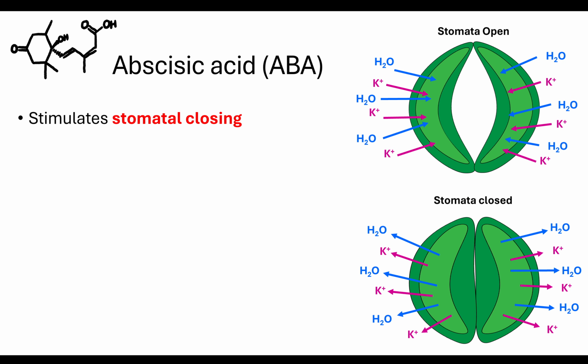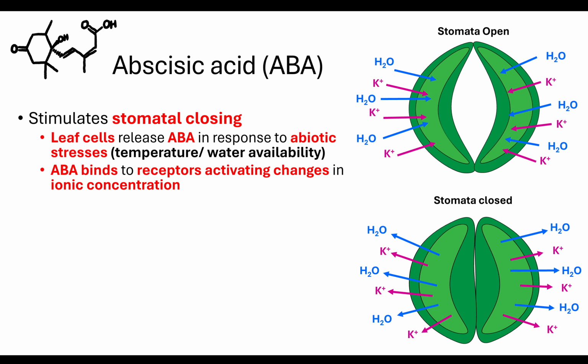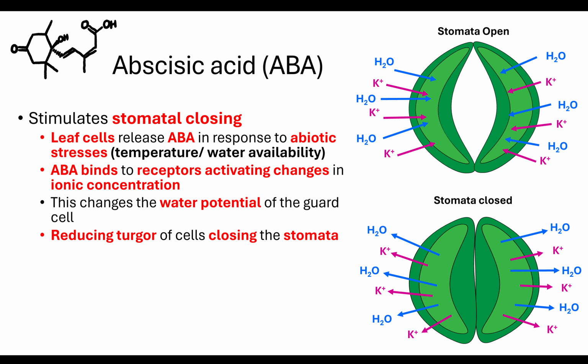Well, we also have a hormone called abscisic acid. Now, abscisic acid is going to stimulate stomatal closing. So the leaf cells are going to release ABA in response to abiotic stresses. Now, if the temperature gets too high, the plant is going to lose too much water through that transpiration. Therefore, the water availability in the soil is going to decrease. That becomes a problem. So the ABA that's released is going to bind to receptors. This is going to activate these changes in the ionic concentration. That's going to change the water potential of the guard cells,